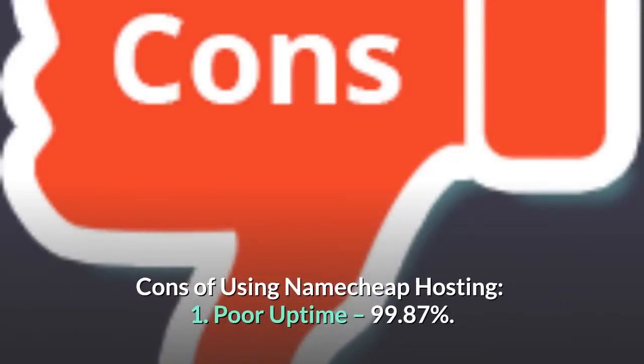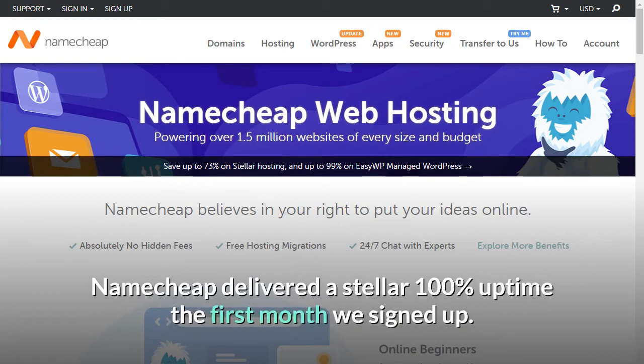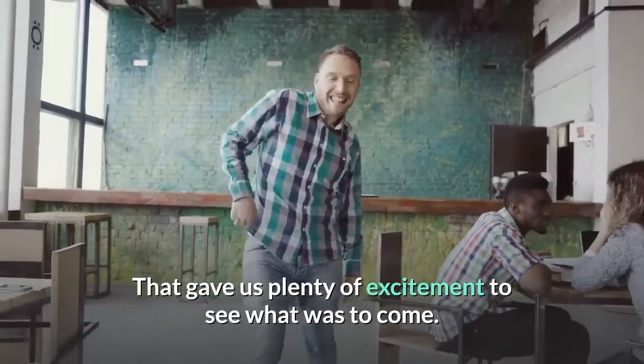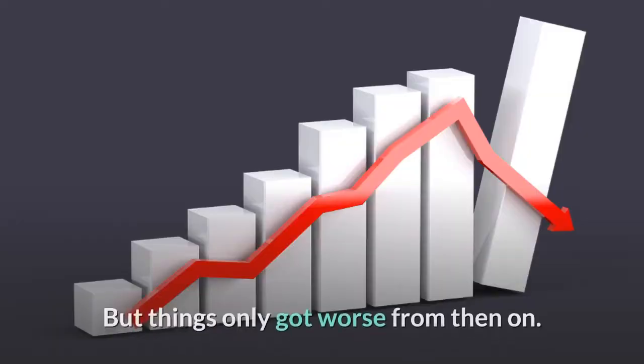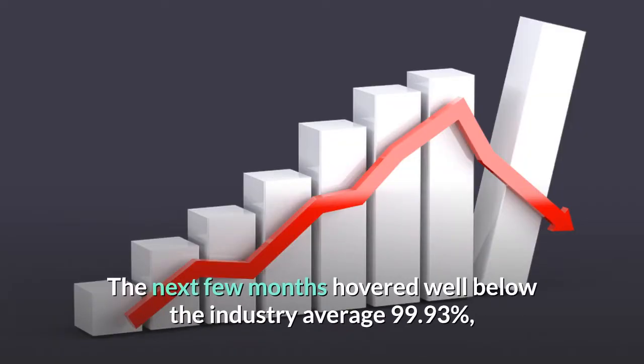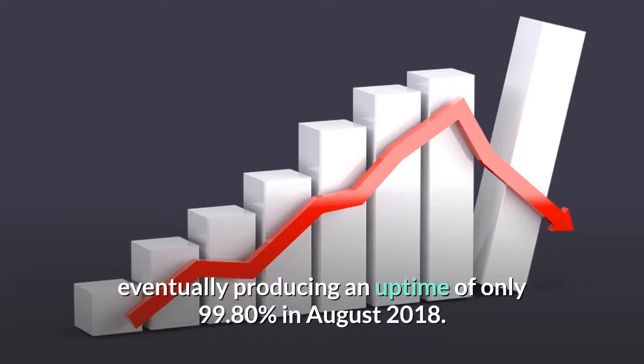1. Poor uptime. 99.87%. Namecheap delivered a stellar 100% uptime the first month we signed up. That gave us plenty of excitement to see what was to come. But things only got worse from then on. The next few months hovered well below the industry average of 99.93%, eventually producing an uptime of only